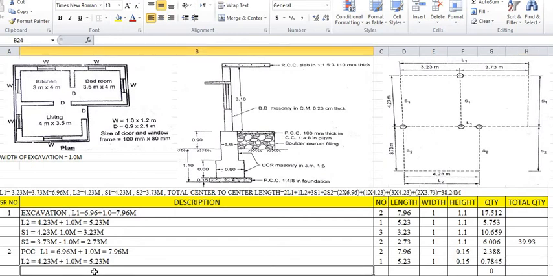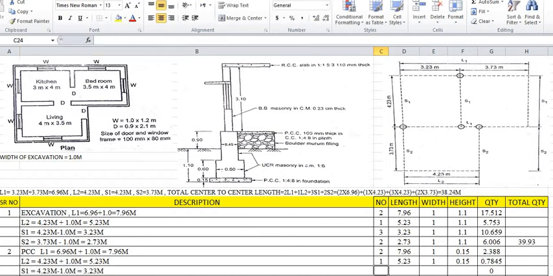Same way we have to consider the short wall. So the short wall we will consider as S1. The S1 again we will have 4.23 meters minus 1, that is the same 3.23. Only in this case of earthwork in excavation and PCC, one thing is different. All the things are the same, but the width, height of excavation is different and the height of PCC is different. Rest all is the same, only this height is varying. Here the height of excavation was 1.1 and here the height of PCC is 0.15. So the change is only in heights.